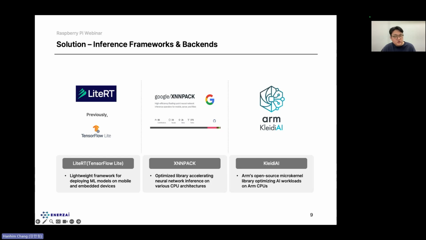So the most widely used inference framework for AI projects on Raspberry Pi should be TensorFlow-Lite. And for your information, as I've mentioned here in my slide, I found out that TensorFlow-Lite has recently changed its project name to LiteRT. And also, you could integrate inference backends like XNNPACK with TensorFlow-Lite, which is a backend comprised of highly optimized network inference operators to achieve further acceleration.